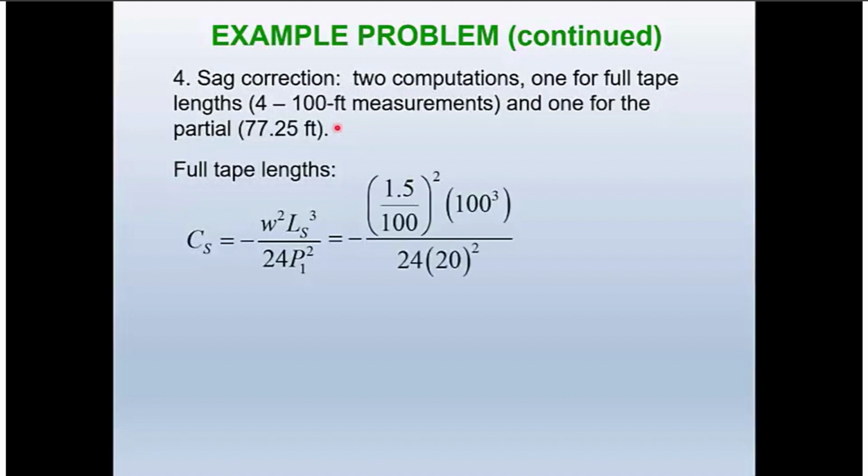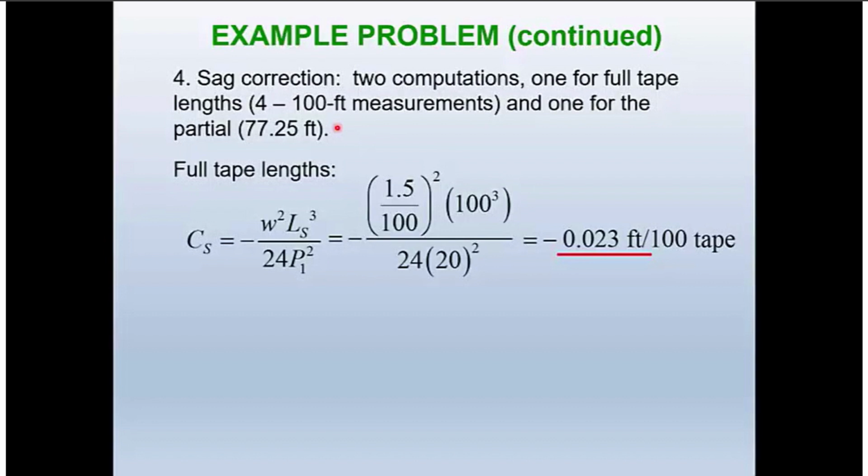We see that the weight is 1.5 pounds. Divide through by 100 gives us the weight per foot of tape. We square that quantity, and then we multiply that times the 100, the unsupported length of the tape, and we cube that value. And then we divide through by 24 times the field pull squared. And the field pull is 20 in this particular situation. We can see that for every 100-foot tape length, there is 0.023 feet that must be removed from that tape,